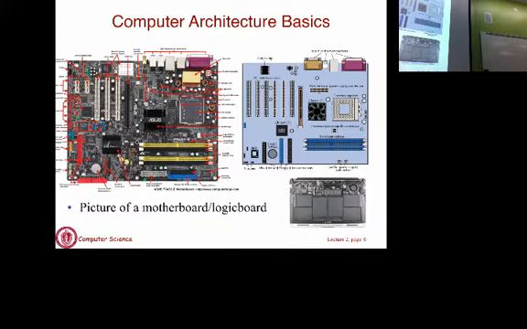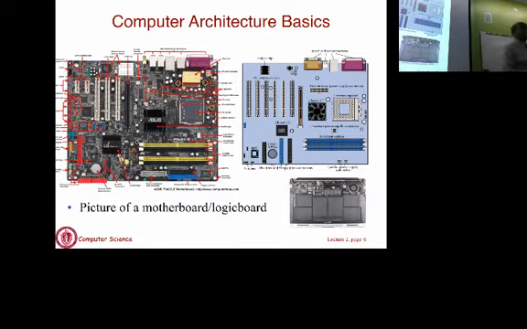This slide shows you a picture of what is inside a typical desktop PC. That's the picture of the logic board, or what's referred to as a motherboard on a PC, and that is where all of the hardware components sit. We don't have to go into a lot of the details there. This is a cartoon depiction of whatever is shown in that photo. So that's your CPU. These banks are your RAM, where the memory on your machine sits. And you will see that there are input and output devices. All your Ethernet ports and USB ports are at the top there. There are extension slots and so on and so forth. So that's a pictorial depiction of what is inside a machine.